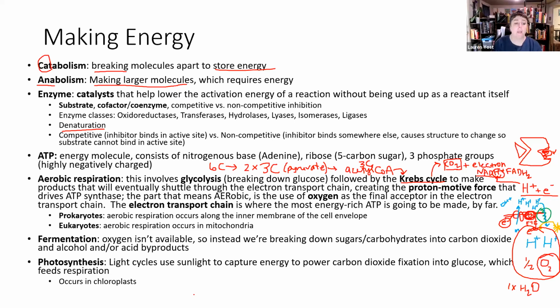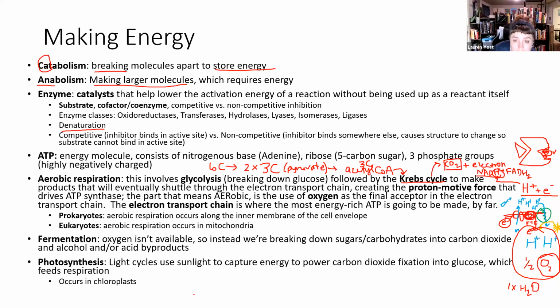Prokaryotes and bacteria, aerobic respiration, that's all going to be happening on the inside of the inner membrane of their cell envelope. Eukaryotes, like us, this is going to occur in mitochondria. Mitochondria do this for us. This is actually some support in favor of the endosymbiotic theory, as far as we think that prokaryotes who do this for themselves on the inside of their membranes, that some precursor cell back in the day took up a prokaryote that was able to do this, and we were able to harness the energy that they made. And that's where mitochondria came from, which is why they have their own genetics. Pretty cool stuff.